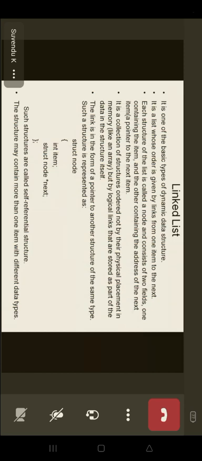You need to check for this. Because the allocation can fail if the space in the heap is not sufficient to satisfy the request, right? So those many number of bytes it can be allocated or not, ये आपको पता तब चलेगा जब आपको वहाँ पे size है. So such steps you need to. So it is a collection of structures ordered not by their physical placement,